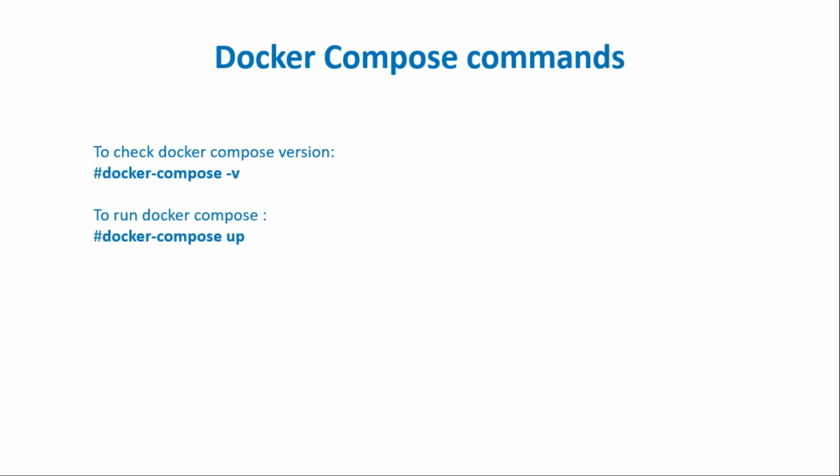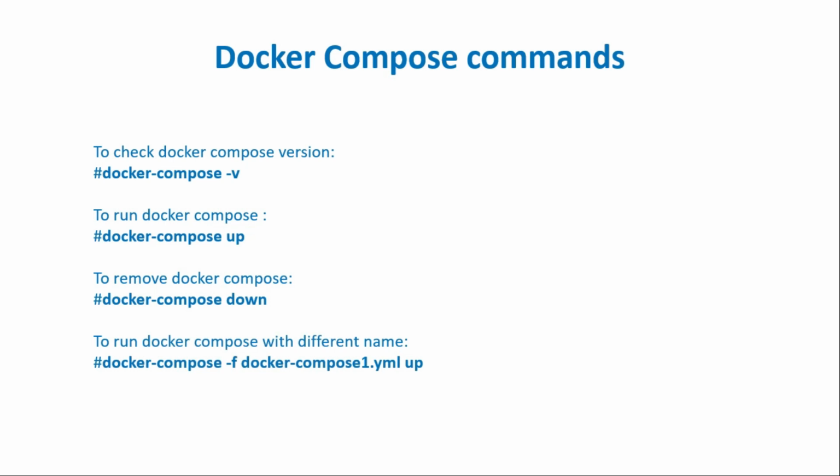To run the Docker Compose file, use docker-compose up. It will run this command, so your Docker Compose file will be run and create your containers as per your need. To remove, use docker-compose down, which removes everything from the Docker Compose file, and it will also remove your container network.